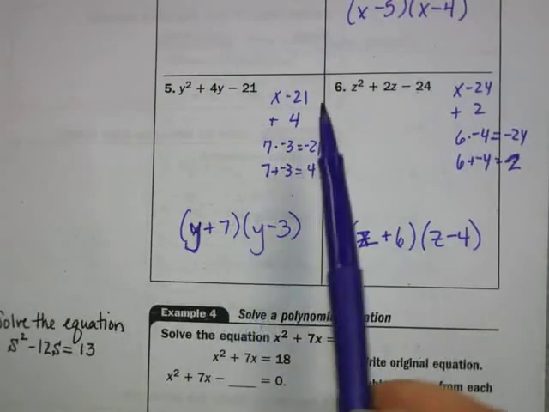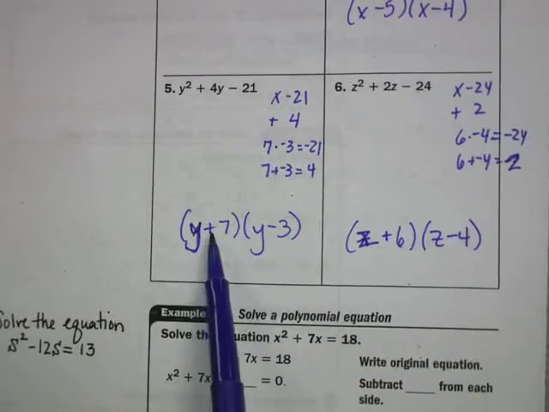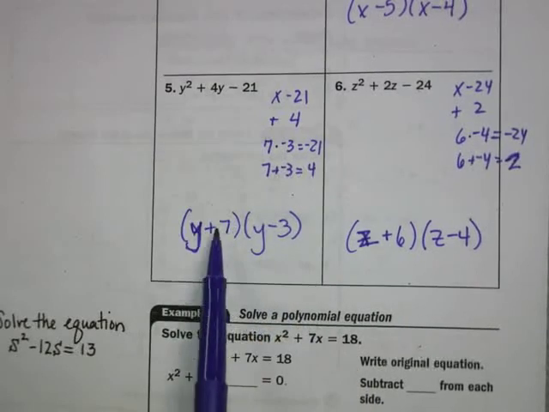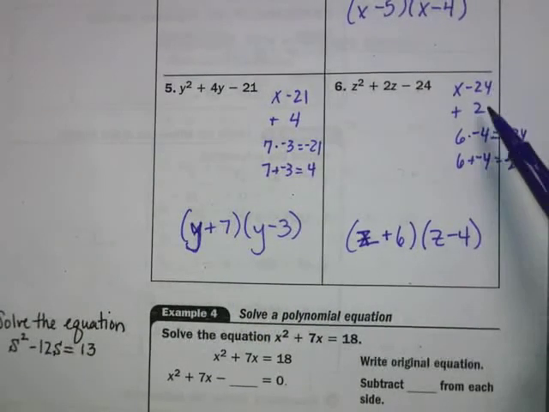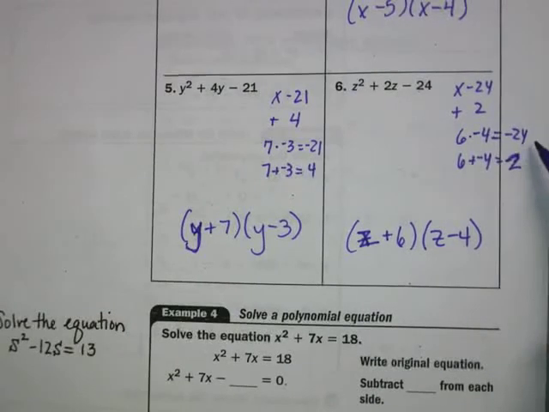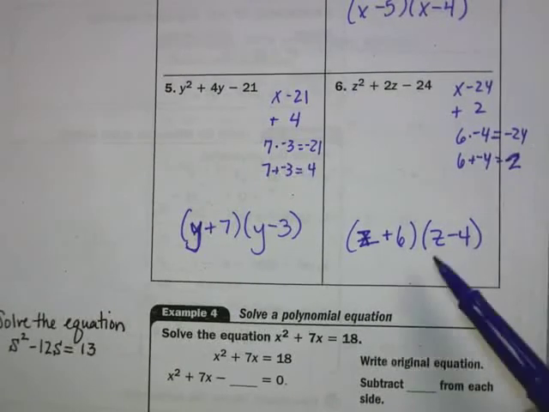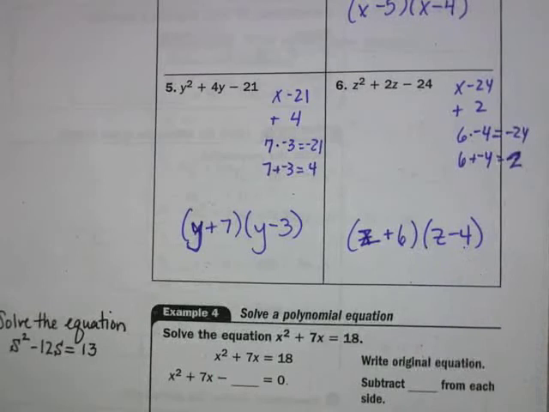And the 7 has to be the positive because 4 was a positive, so the bigger number is positive in that case. Same over here, multiplies to negative 24 but adds to 2. It's a positive 6 and a negative 4. Okay? So I'm going to just take this one over here, and let's do the four square